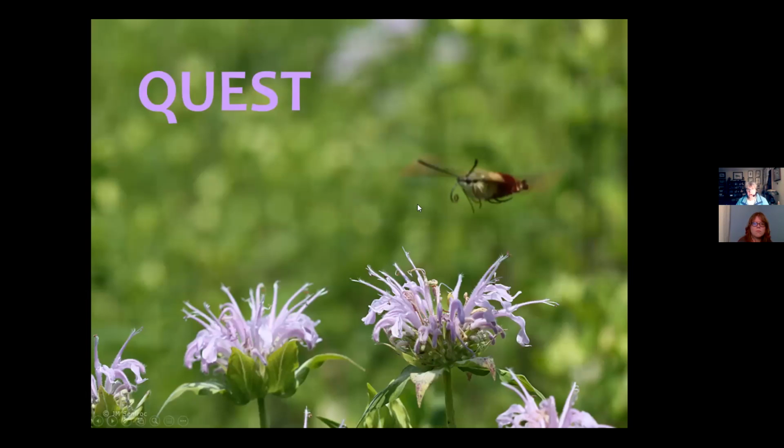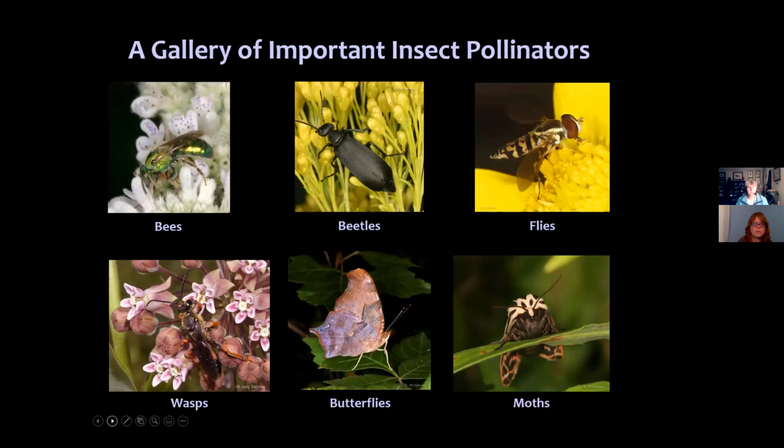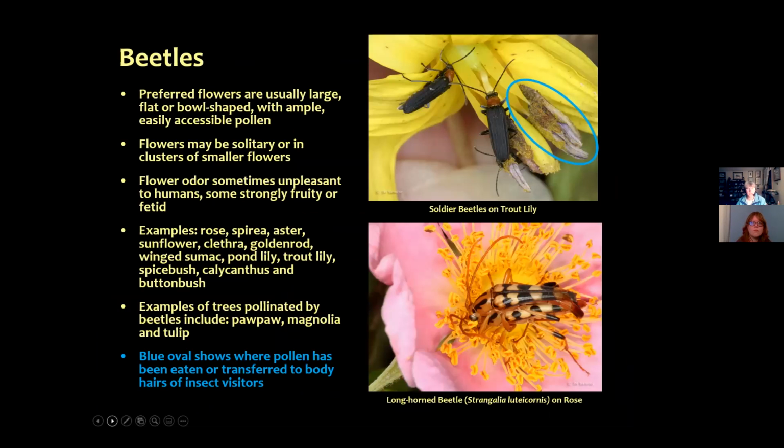So here's our hummingbird sphinx moth coming into the monarda. It's starting to unravel its tongue because it's seeing a meal in its future. So it's like getting out the knife and the fork and the spoon, and it's time to get to work. So our gallery of important insect pollinators, we have bees, beetles, flies, wasps, butterflies, and moths. And we're going to talk about each of these different categories in different ways